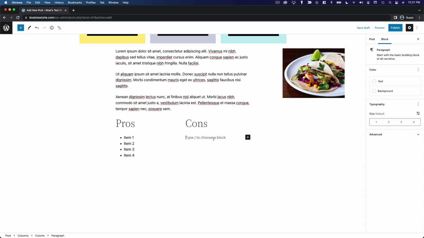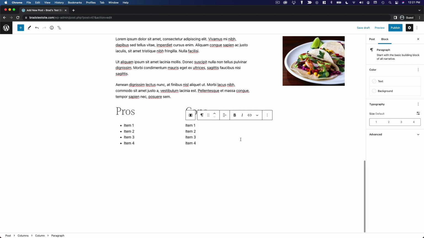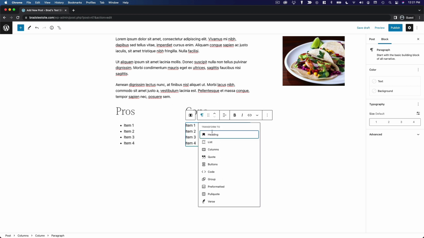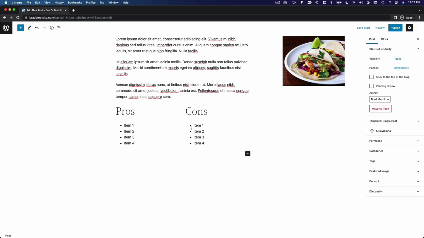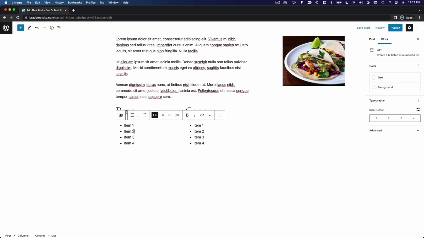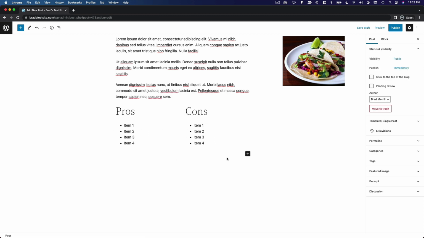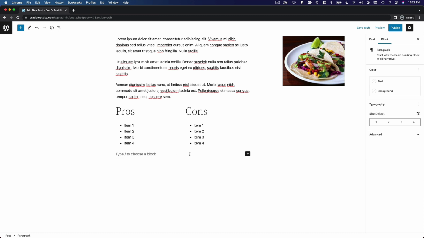here. We'll paste it into this paragraph block, and you'll notice there are no bullet points here, because this is still a paragraph block. But you can actually convert a paragraph to a list block by clicking on the paragraph icon here and selecting list. So that block has been transformed into a list, and you can see we have our 4 list items there. So those are our 2 columns, and if you click down below, you can add another block below that row